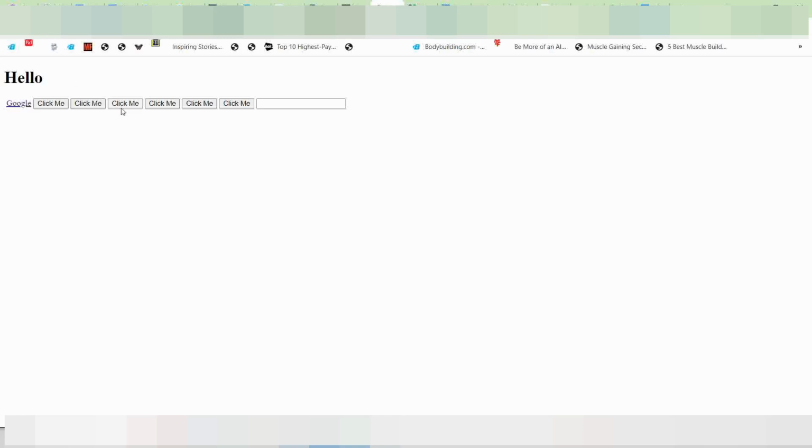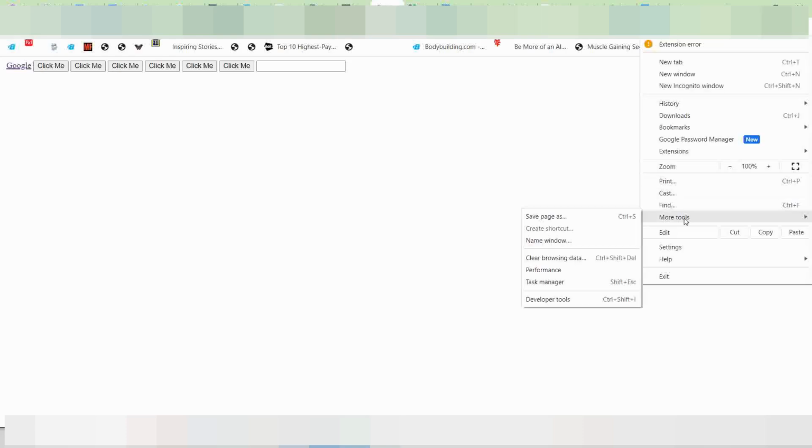If I click this button and then go to developer tools and write $h1 dot show, it comes back. Now instead of making our h1 hide and disappear forever,